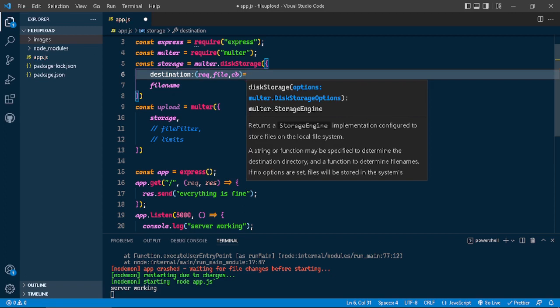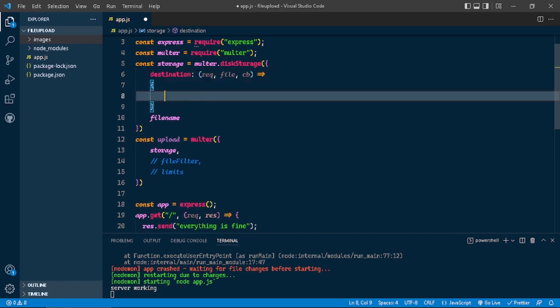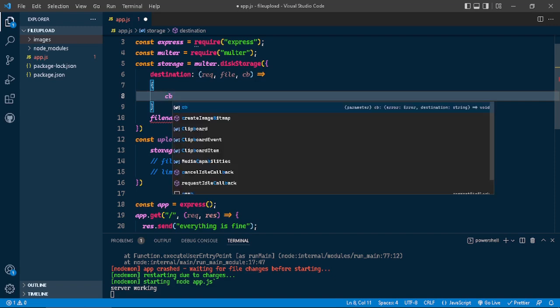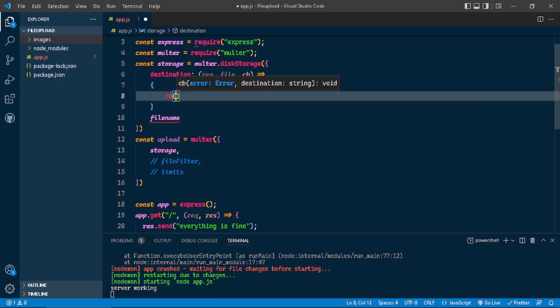Let me use an arrow function here. Then it calls the callback function immediately, and to this callback function we shall pass an error which is null. Set it to null. Then the next thing is to point to the folder where we are going to store our files. I have the folder here in the same level as my app.js,